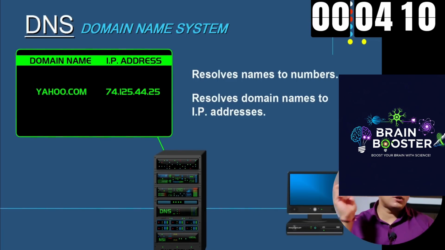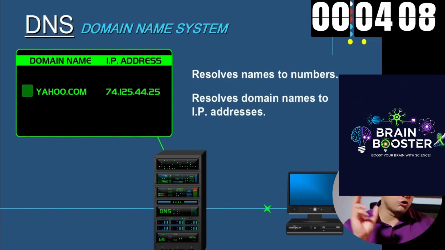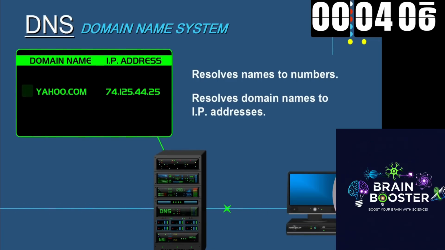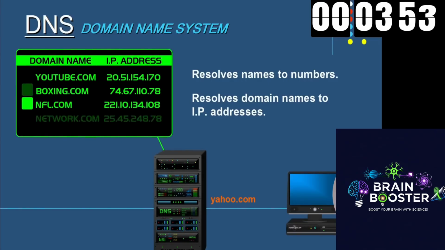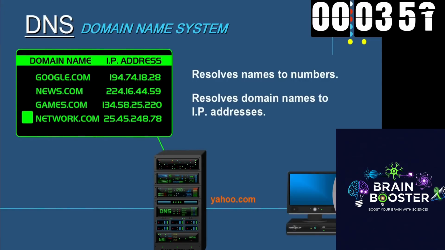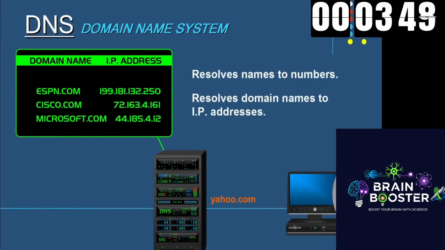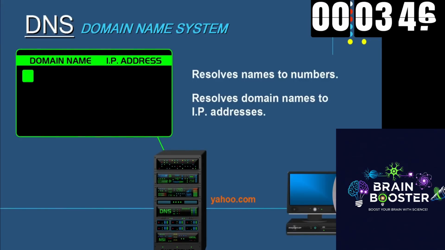Let's go back to DNS. Your computer doesn't directly know where the YouTube server is located. That's why it asks for help from DNS, which is like an internet phone book. Just like you save someone's name in your phone book and search for the name to call, DNS works the same way. It finds the hidden digital server address. DNS knows the name of every website and its connected server address.